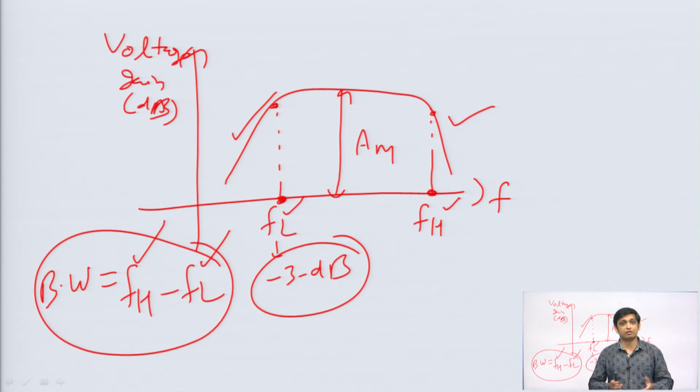But practically the gain is not constant at all frequencies. The gain is reducing at high frequencies, it is definite, but at low frequency it will also reduce because we are considering the coupling capacitors here. If we are not using coupling and bypass capacitors, then the gain will not reduce at low frequency, but at this stage do not be confused. Since this is a discrete circuit, and in a discrete circuit we connect these coupling capacitors, definitely at low frequency you will see the curve like this, the gain will reduce at low frequency, since we are considering the external coupling and bypass capacitors.